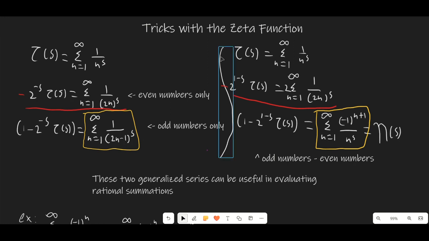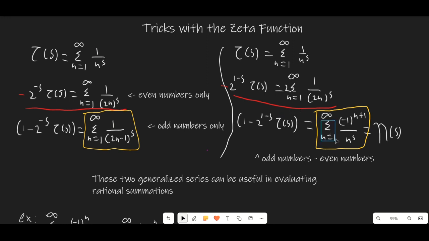Similarly, if instead of multiplying by 2 to the negative s, we multiply by 2 to the 1 minus s, we get 2 times this original summation. So now we're taking the even numbers and the odd numbers, and we're subtracting the odd numbers twice. And what this leads us to getting is all the even numbers minus the odd numbers,